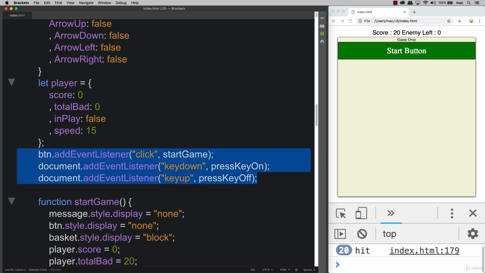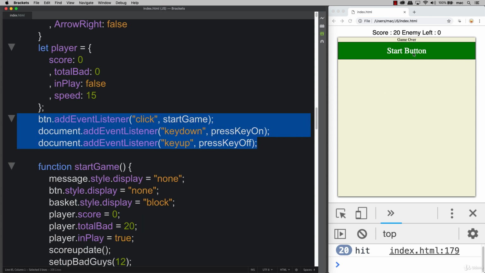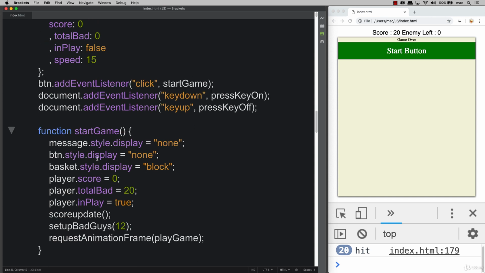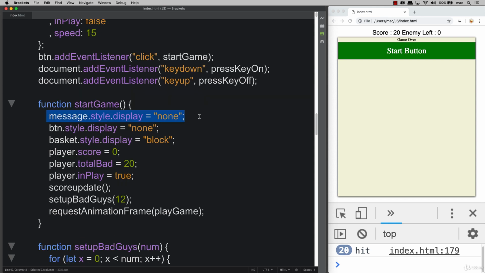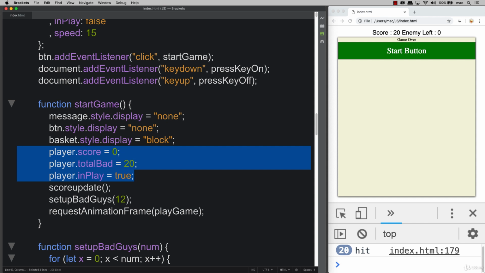Then we added in some event listeners, so mainly the start button click, and then we have event listeners listening for key up and key down. The start button starts the game. So within the starting of the game, we still have to prepare the visuals. So we hide the start button, we hide the message,